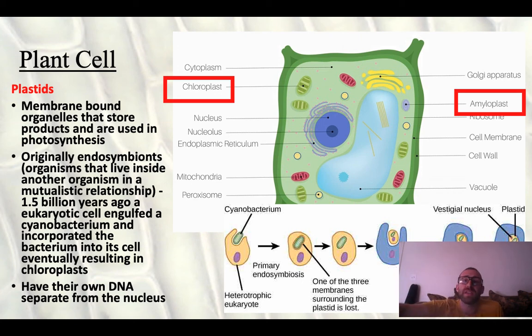An interesting fact about our plastids is that they likely were other organisms that existed freely. So what we think happened is way back, there was a eukaryotic organism, so an organism that had a nucleus, and it engulfed a cyanobacterium that it otherwise would have eaten. But instead of eating it, it just adopted it into its body, and in this way, we